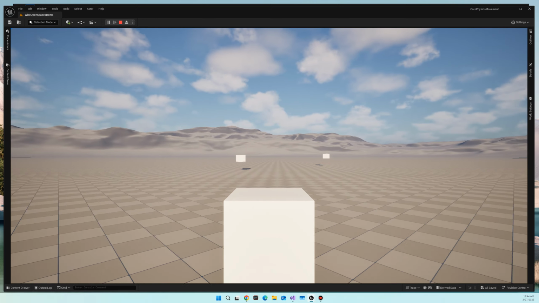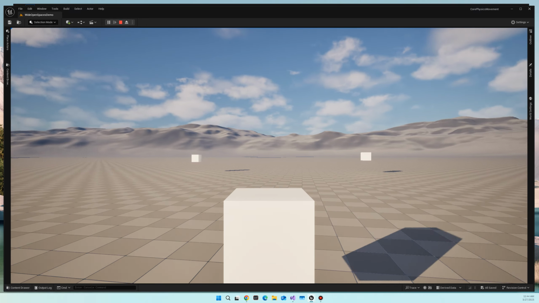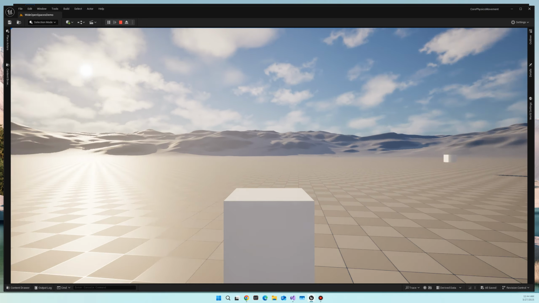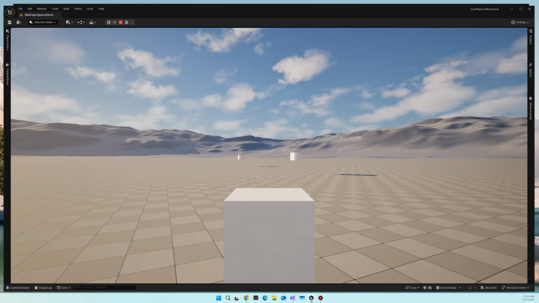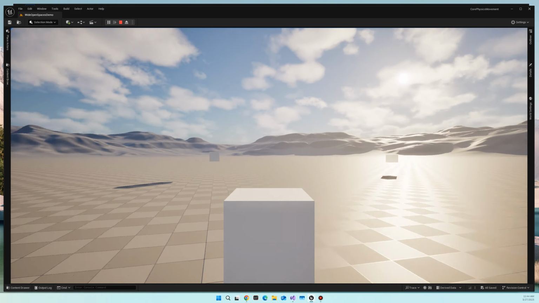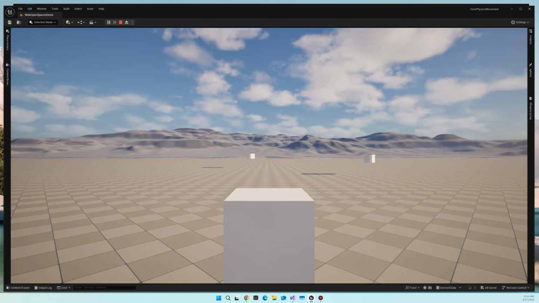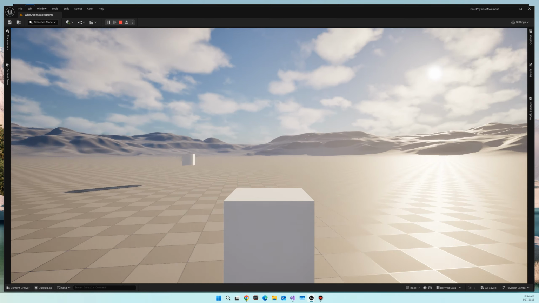I'm going to be breaking this into three parts. So the first part is going to be very code heavy. And it will be creating a base component that we can use, which will give us access to all the systems we need to be able to move an object like I'm doing right here using physics